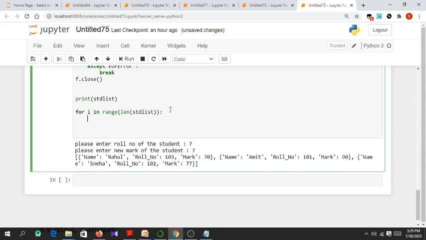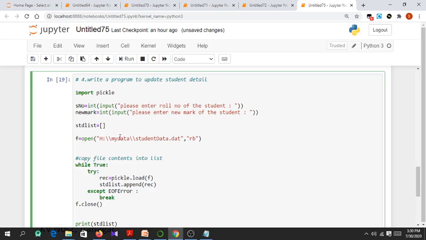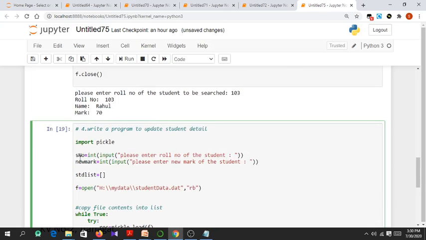Then for every iteration of the loop, what I am doing is, if student list of i, where i starts from 0, so student list of 0 of roll number is equal to the roll number we are searching for. Roll number is S number.